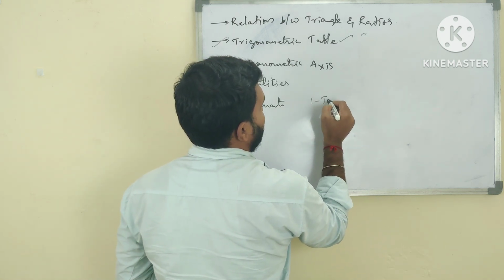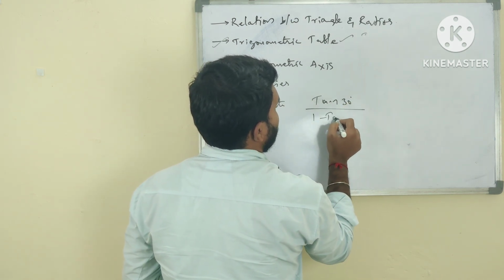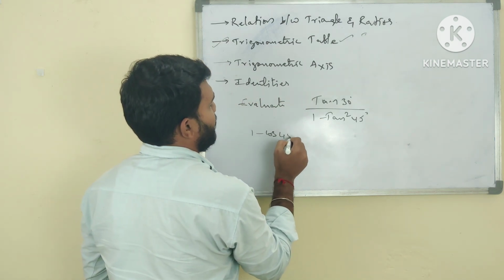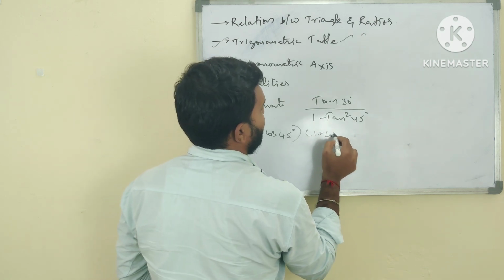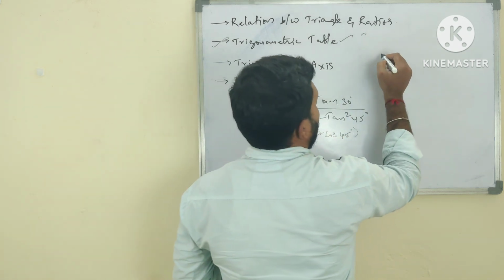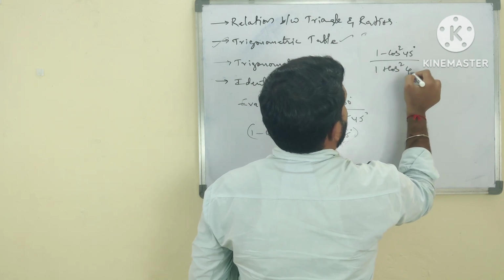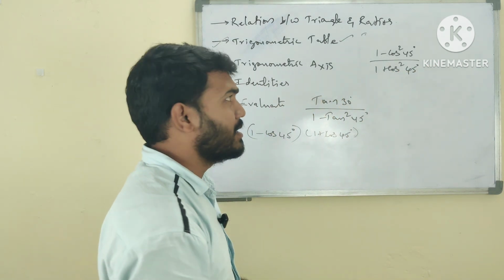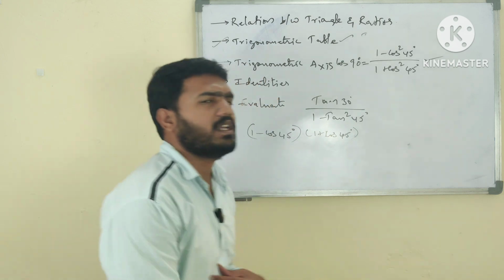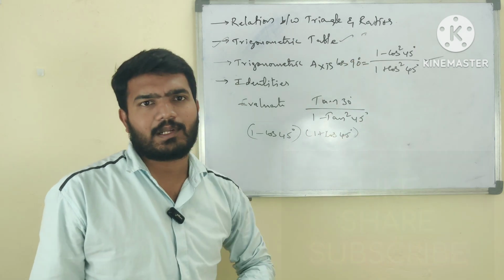1 minus tan 30 degrees by 1 minus tan square 45 degrees, or evaluate 1 minus cos 45 degrees into 1 plus cos 45 degrees, or else ఇంకా ఇలాంటి క్వశ్చన్స్. లేదంటే 1 minus cos square 45 degrees by 1 plus cos square 45 degrees, or else check whether cos 90 degrees is equal to 1 minus cos square 45 degrees by 1 plus cos square 45 degrees. అంటే ఇలాంటి మోడల్ క్వశ్చన్స్ అనేవి మనకు 2 మార్క్స్ కానీ లేదంటే మల్టిపుల్ చాయిస్ క్వశ్చన్స్ లో కానీ ఎక్కువ వస్తాయి,